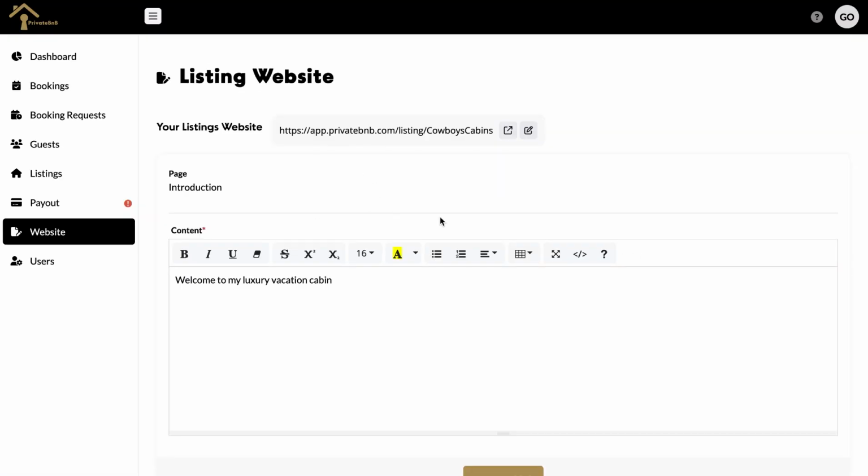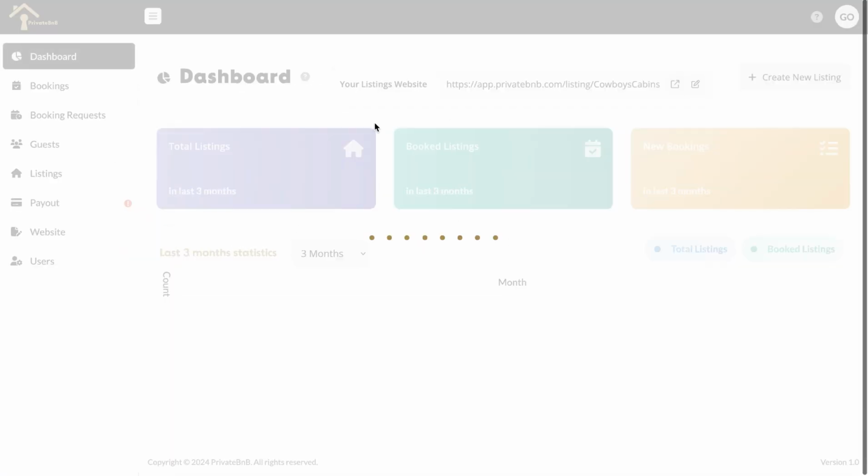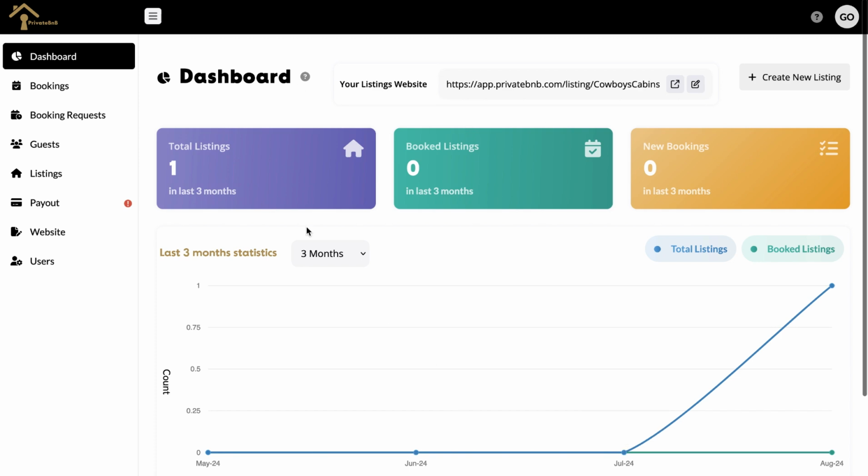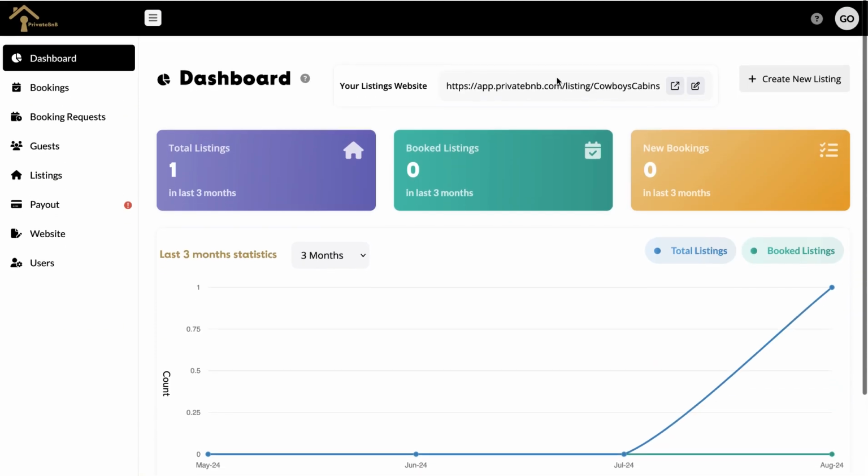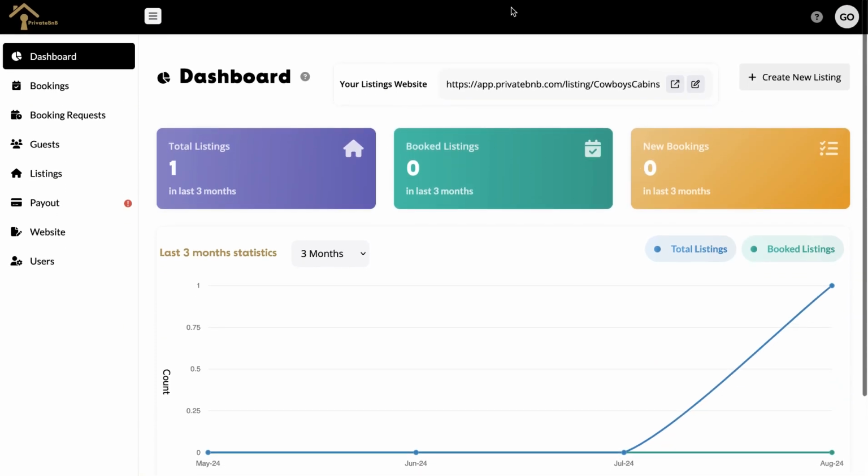And so yeah, guys, that's exactly what it looks like with PrivateBnB. That was a very, very quick demo of the whole app. There's so many features and automations that come with this app that you will discover, and every single thing you need for private direct booking, simple software, simple website is right here in your hands